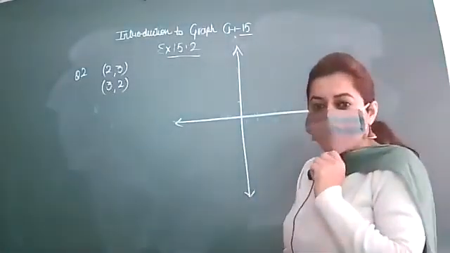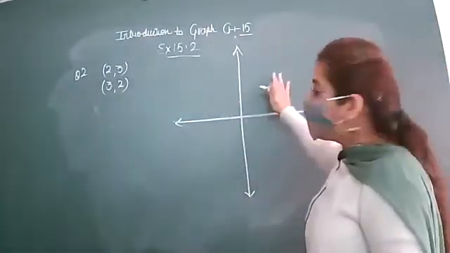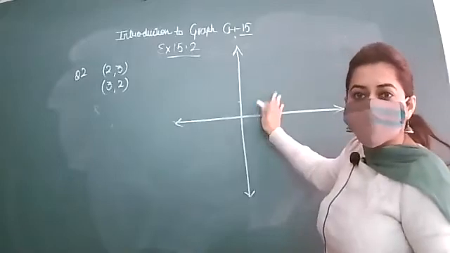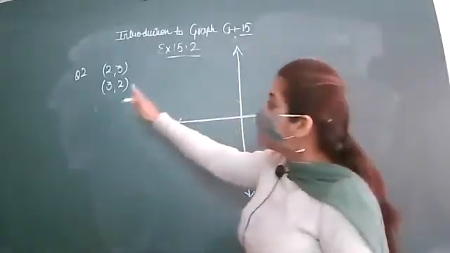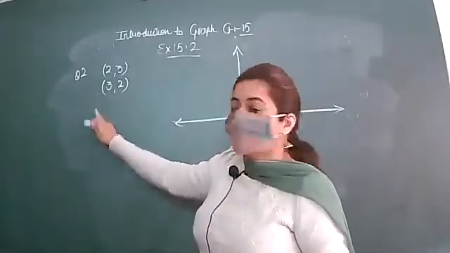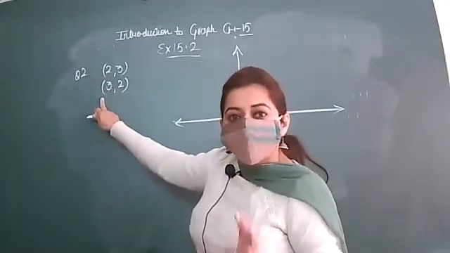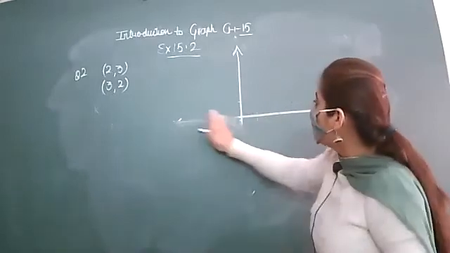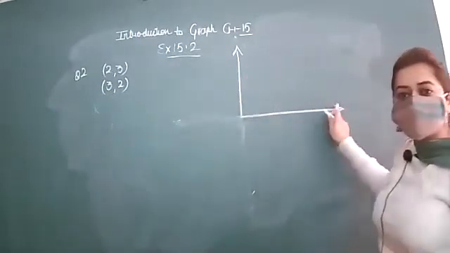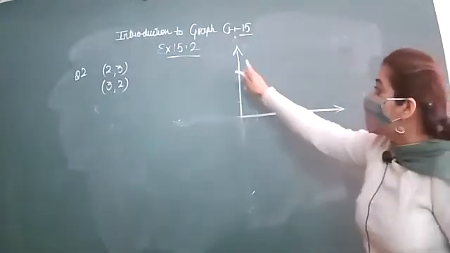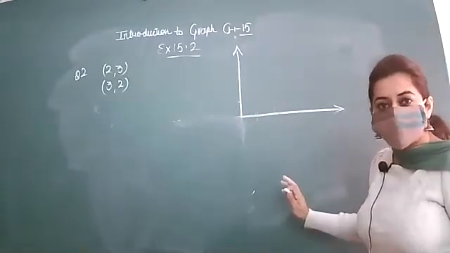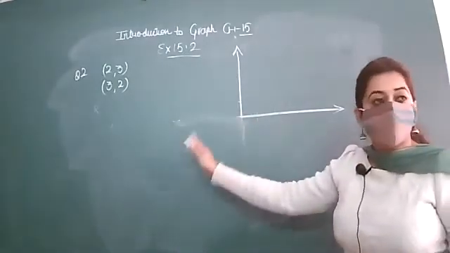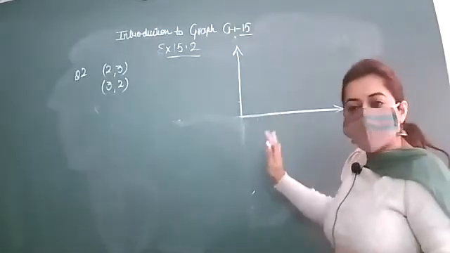As you know, in the first quadrant, x is positive and y is positive, and you can see that in question number 2, these two coordinates are positive. So there is no need to draw these lines. You can simply draw the coordinate axes, just the first quadrant. That's enough. No need to draw the complete plane. If you want to draw just this first quadrant, then it's okay.